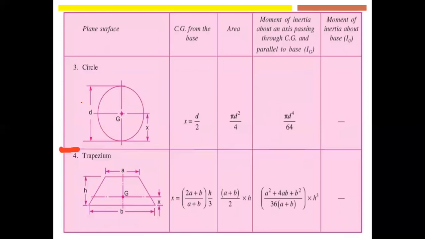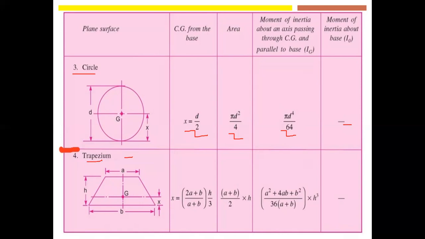Third one is a circle. The center from the base is X equals D by 2. Next, the area is equal to pi D square by 4. Next, the moment of inertia is equal to pi D to the power of 4 by 64. We don't have a moment of inertia about the base. Next, for